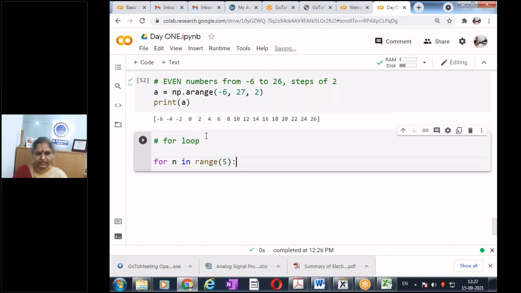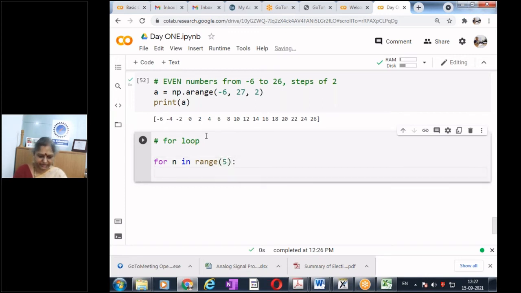I will put a colon here and say print n. Run this and tell me what you get. For n in range 5. And do not forget this colon here. The tab will come by itself. I have increased the tab and print n.